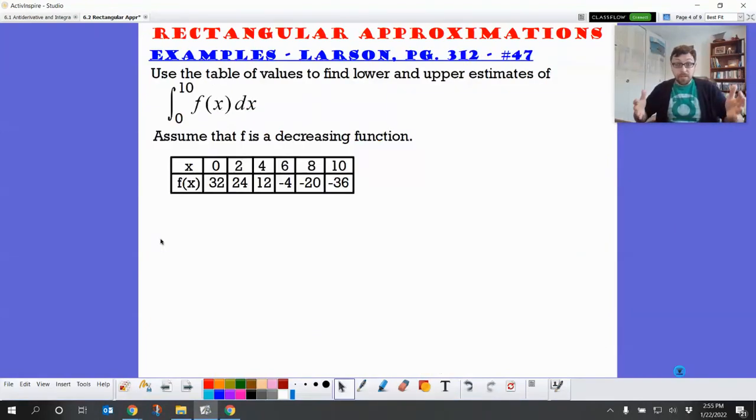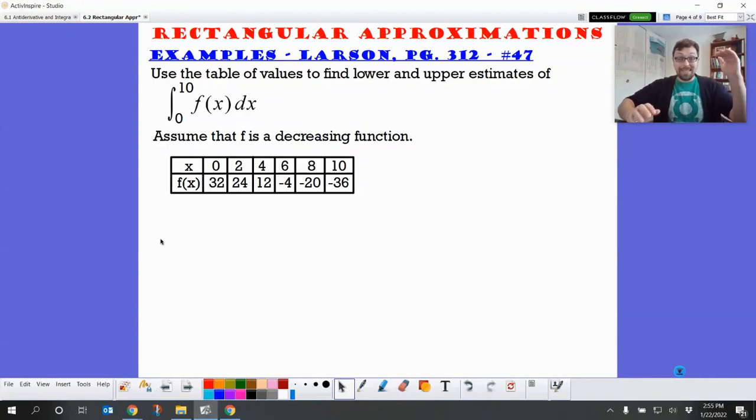So, spoilers, the thing that we're finding is actually a definite integral. The area underneath a curve is another thing that the definite integral tells us. So, derivatives tell us slope. The antiderivative actually tells us the area underneath a curve, which is pretty cool. So, we can find upper and lower estimates for this thing by just making that little adjustment of which ones